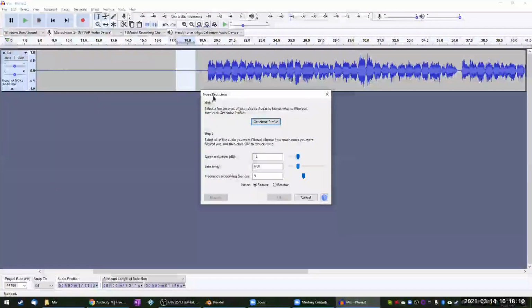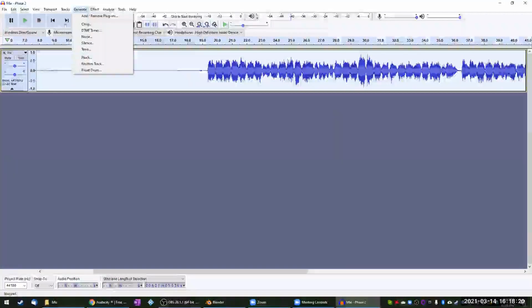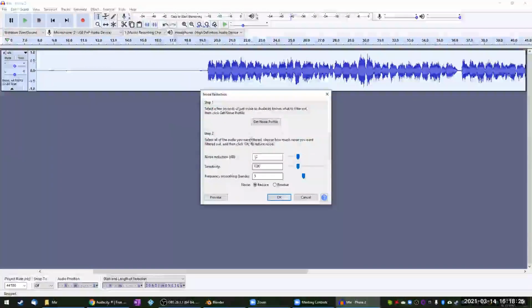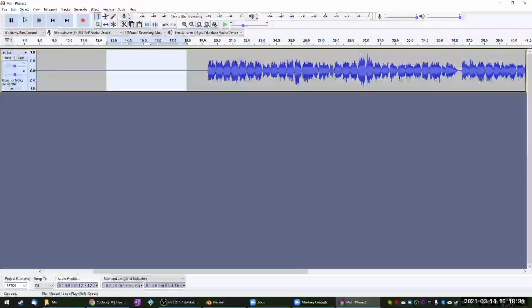There's a lot here, but noise reduction. And then it's a 2-stage process for noise reduction. The first you want to do is get a noise profile. That's why we selected that small spot. So I'm going to get that profile. Then I'm going to select the whole track and do that same thing again, noise reduction. But this time I'm just going to hit OK. I'm not touching any of the default settings. They seem to work well. And that's going to silence most of that and remove unnecessary noise from the rests in the song. But it shouldn't affect the audio quality too much.